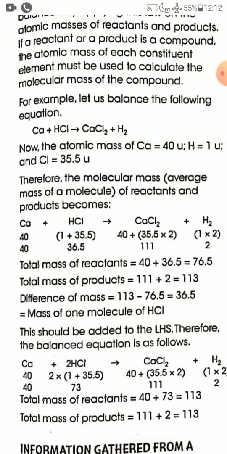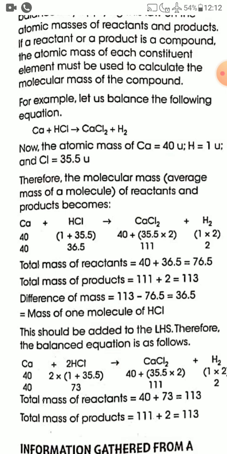as hydrochloric acid is a molecule, it is the molecular mass of hydrochloric acid, which is 1 plus 35.5. 1 is for hydrogen and 35.5 is the atomic mass of chlorine. So the molecular mass of hydrochloric acid is 1 plus 35.5, that is 36.5, and the molecular mass of calcium chloride, CaCl2, with 1 calcium atom and 2 Cl atoms,